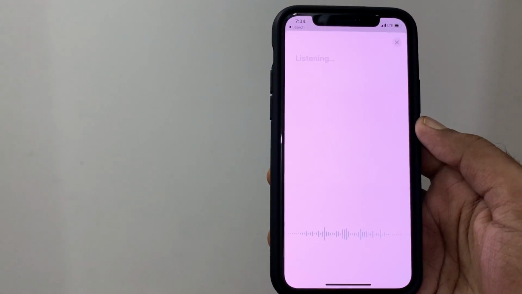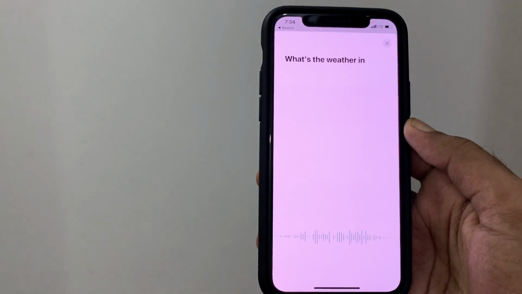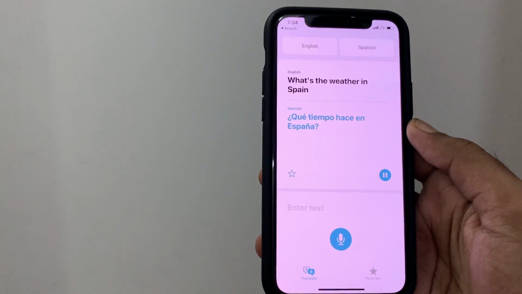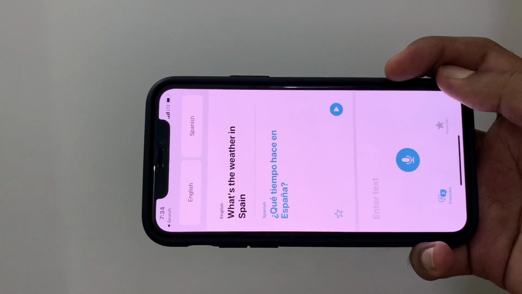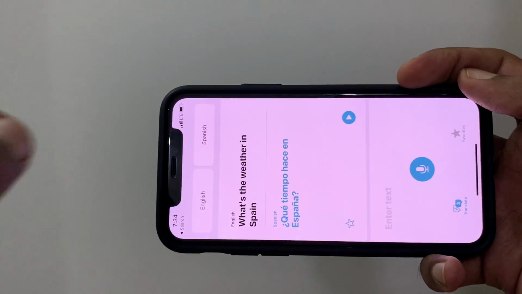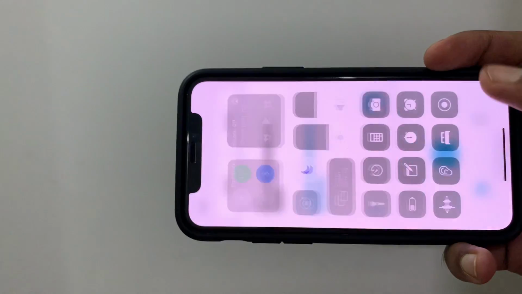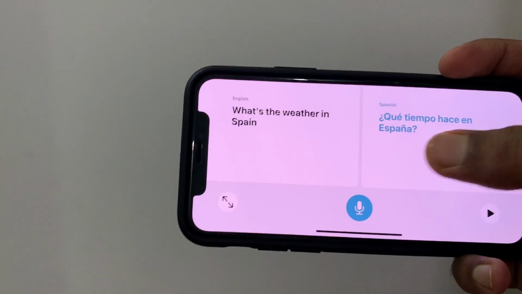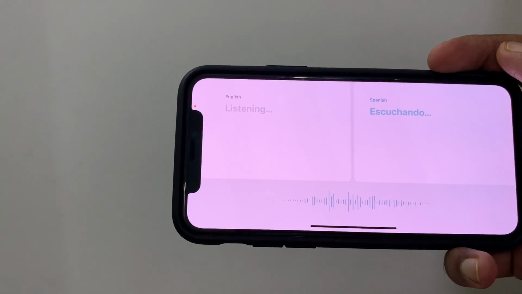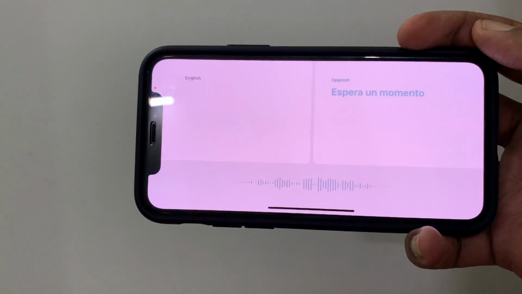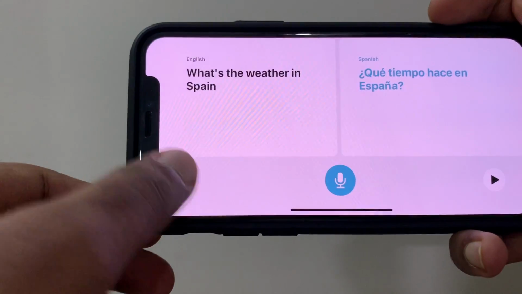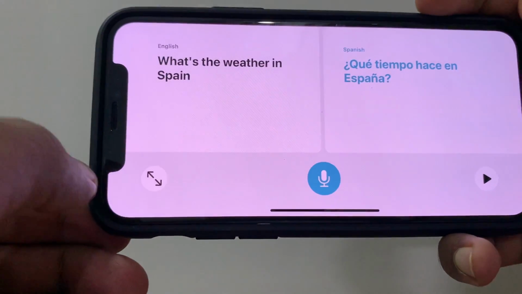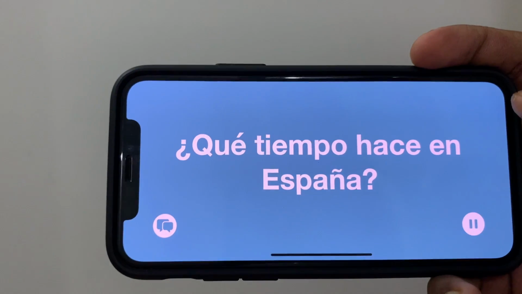When you tilt your phone and go into landscape mode, you can talk to one another. Two people can have a conversation with this. Just tilt your phone like this, and then you can see. Let me turn off rotation lock. Now we're in conversation mode. If you speak something, the phone will know the language and translate into the target language. If I speak something in English and want to translate to Spanish, it will translate. And then the other person can speak and it will translate. You can use this for a back-and-forth conversation.